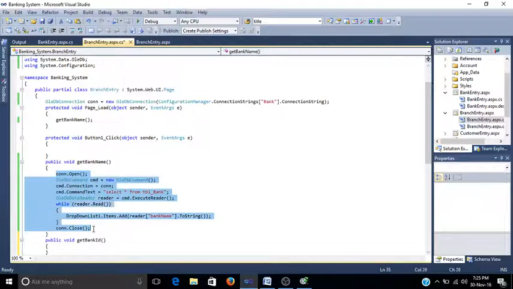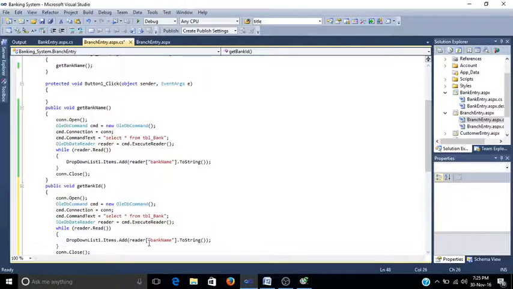Just copy these codes and paste it here. Only what we need to change here is, here we want bank ID,